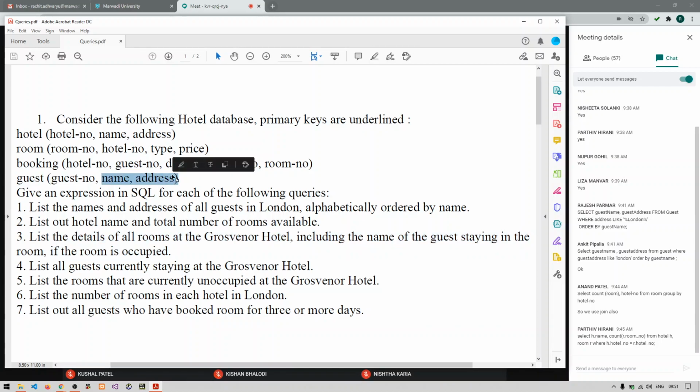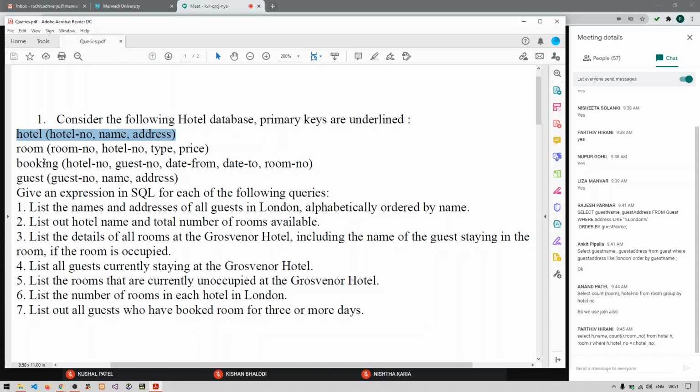You will get the occupied or not details from the booking table. You will get the room details from the room table, and you need to compare it with the hotel name. So you will get the hotel name from the hotel table. So you need to use all the four tables to give the answer of this.